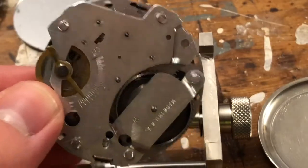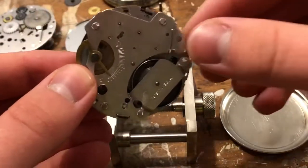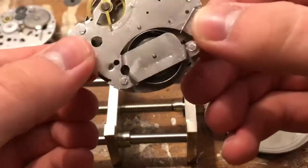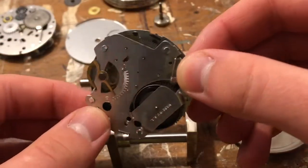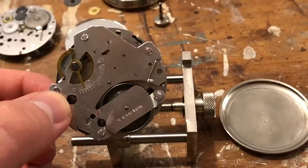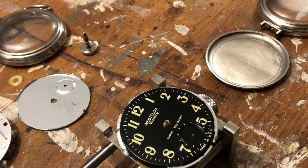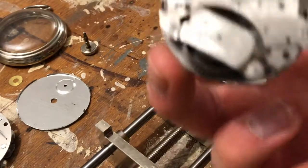Okay, you just finagle it on there, basically. That's what you more or less do with this. And we'll push our tabs back in. Maybe not all the way, but some of the way. Dial back on, we can now put the hands on. And hopefully I didn't take too much oil off this thing. That's the one problem with